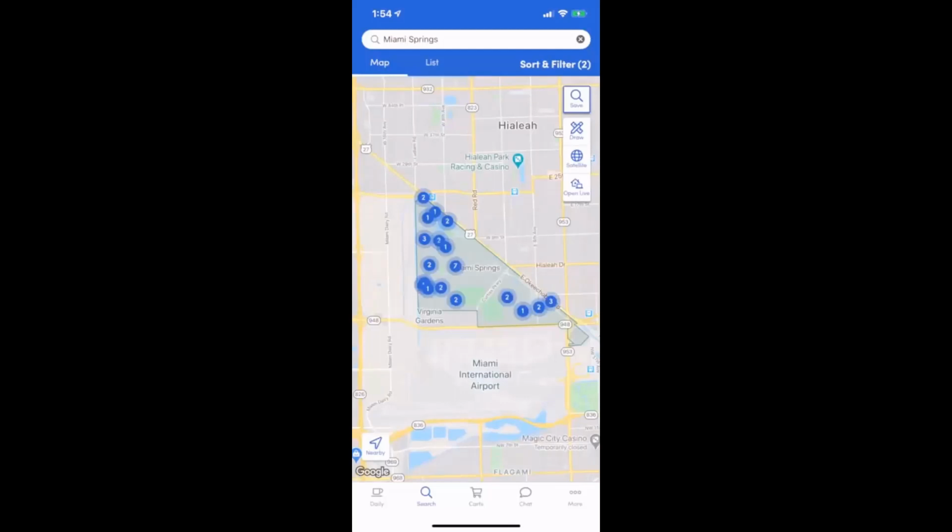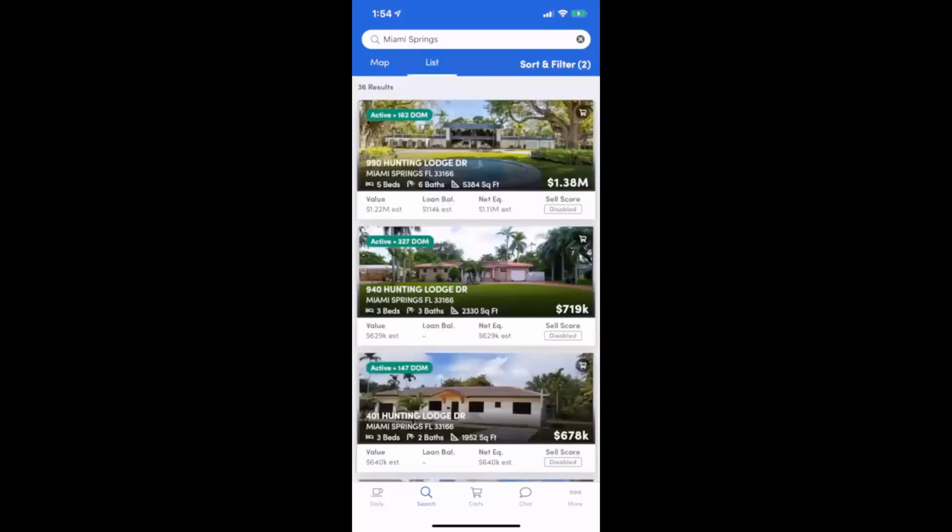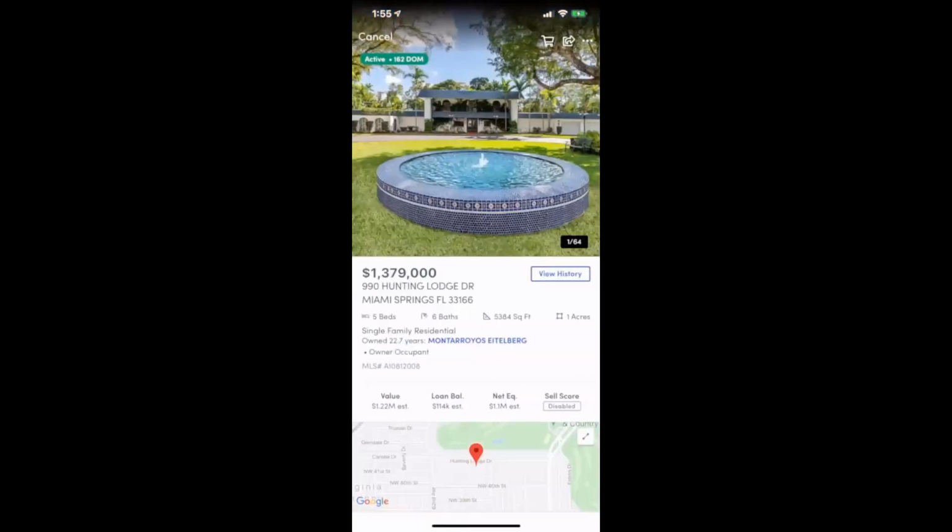Again, if you'd rather see the results on the list, in the top left corner next to map, it says list. If I wanted to add any of these properties to a cart, you'll notice that each property in the top right corner has a shopping cart. It works the same way as the stars do on HomeSnap and RPR. Okay, I can tap on any of these properties,